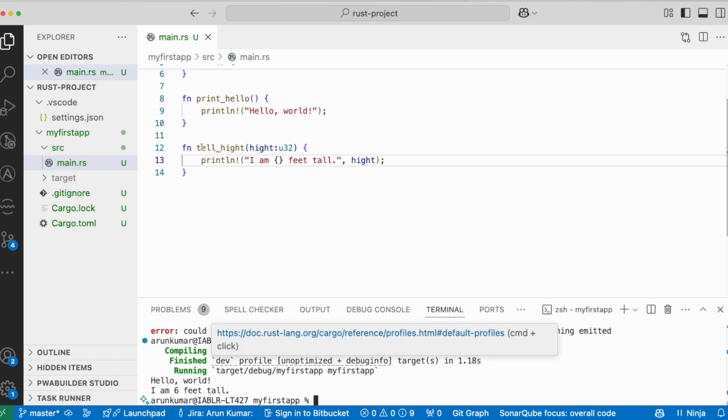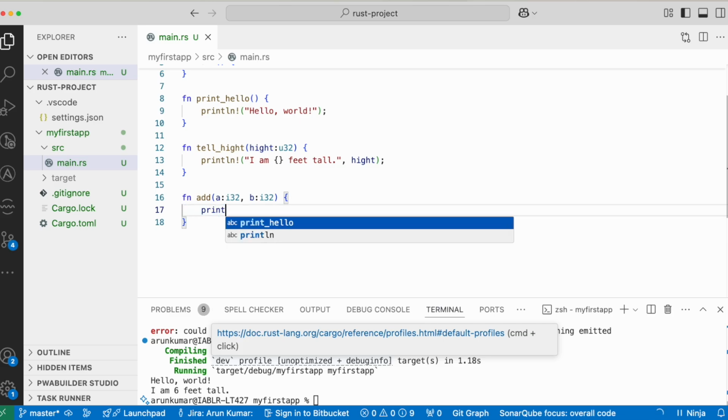So definitely you can pass multiple parameters also. Let's define one more function, fn add, with a: i32, b: i32, and it will return i32. So what we can do, we can define like this. We will discuss about them. This is an expression, so we do not want to return it. We just want to print. So what we need to do is